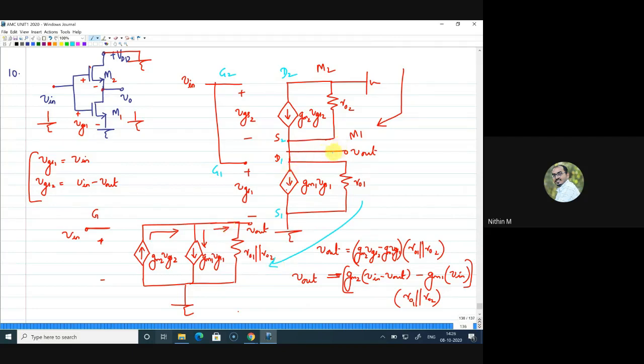See, even here you can see that V out is across the resistances R01 and R02, which are in parallel. Now what is the current flowing through that? The current coming through this is GM2 V, so you can write a KCL here. These two resistors are in parallel. So this is the incoming current, and the two should be outgoing current. To find the other one, it is simply GM2 VGS2 minus GM1 VGS1. Yes, sir. Got it.